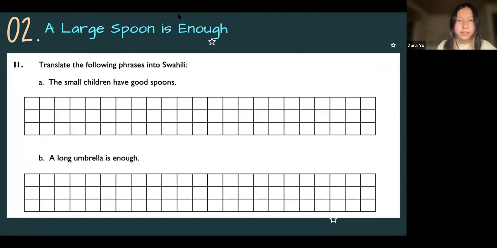It's pretty easy to translate it after, since you have all your words, your adjectives, and you can figure out what the prefixes are based on if it's plural or singular. So for this one, it's WATOTO, WADOGO, WANA, and then VIJIKO, and then VICURI. So it's like that. For this one, it's like this. Yep. So like that. Then for the next one,